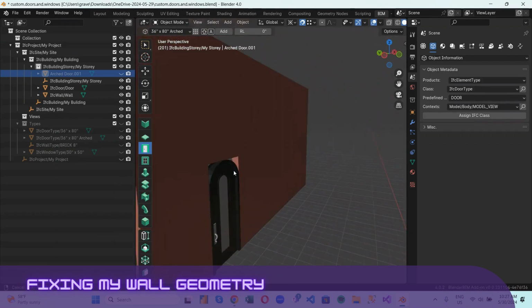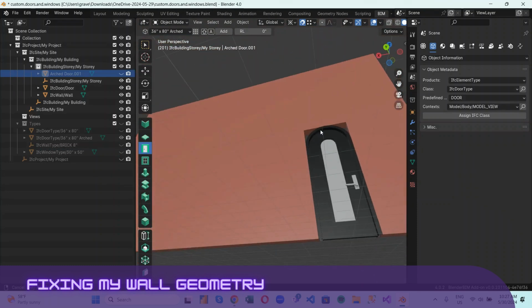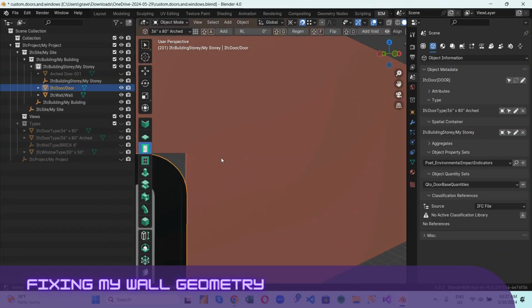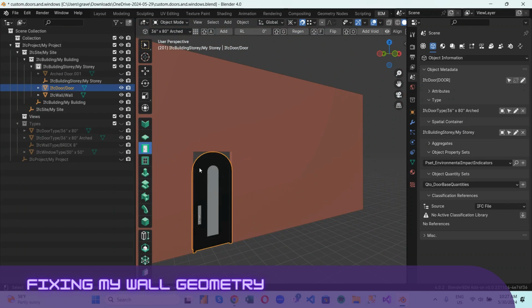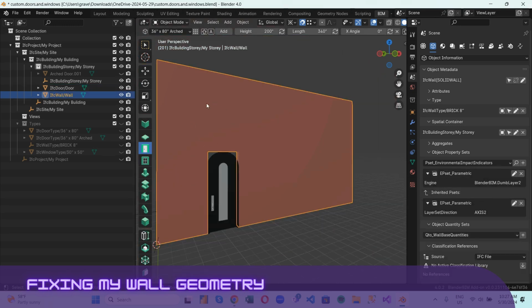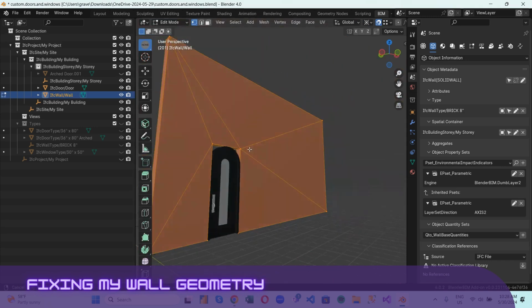As you can notice for yourself, right now our opening is actually rectangular. My workaround for this situation is, as per usual, to go into edit mode and